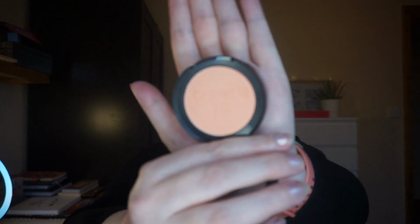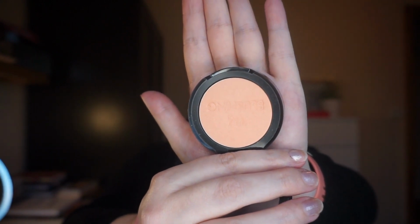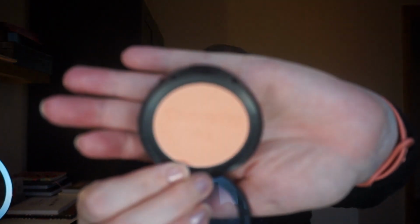But this is the I'm Blushing blush in the shade Flirt. So again, under €10, 5.5 grams. They are cruelty free, a good solid plastic. It seals nicely. I like that when they clip, it feels fairly hard pressed and solid. And I said the finish on it is slightly satin again, kind of similar to the